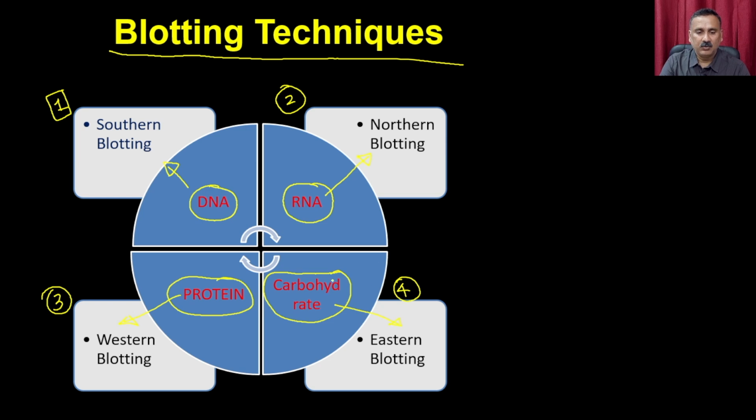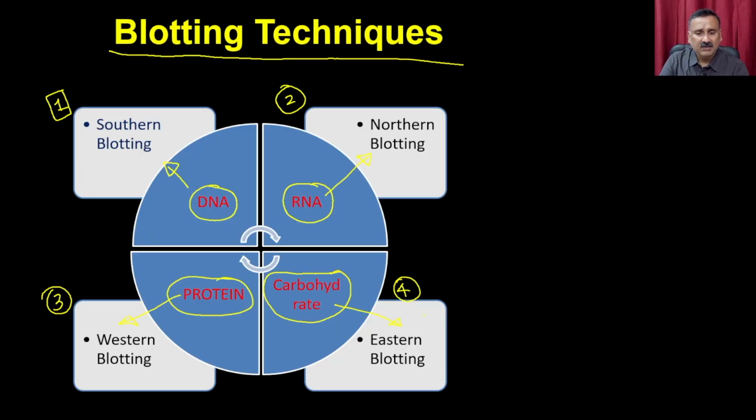Although Eastern blotting is not very popular, since they had the Southern, Northern and Western blotting, whatever technique is used for detecting carbohydrate on the nitrocellulose membrane or other kinds of support system is called Eastern blotting. Eastern blotting is not very popular, and that is why we are not discussing it in this particular course. So, we will start with Southern blotting, then we are going to discuss Northern blotting,